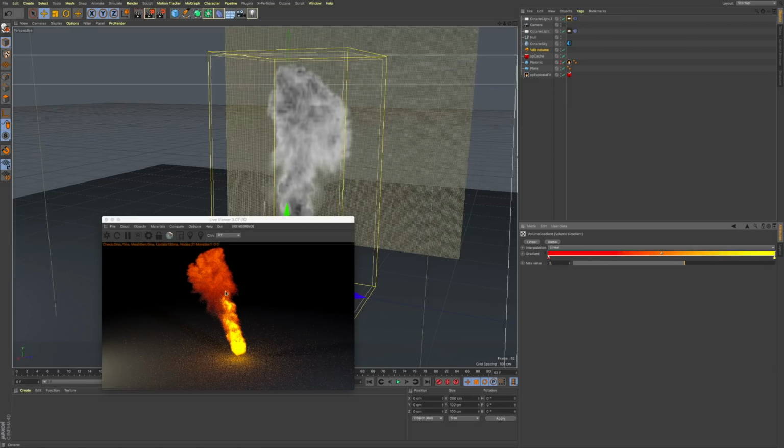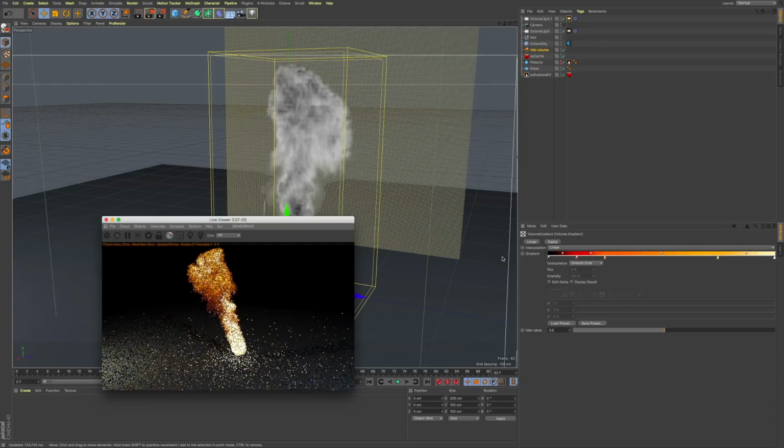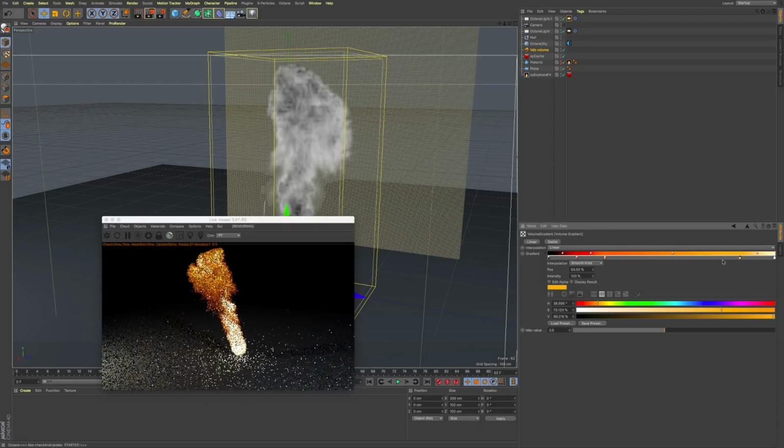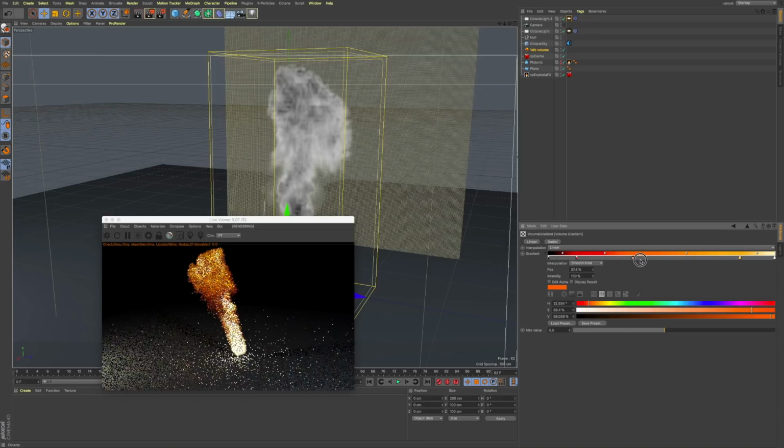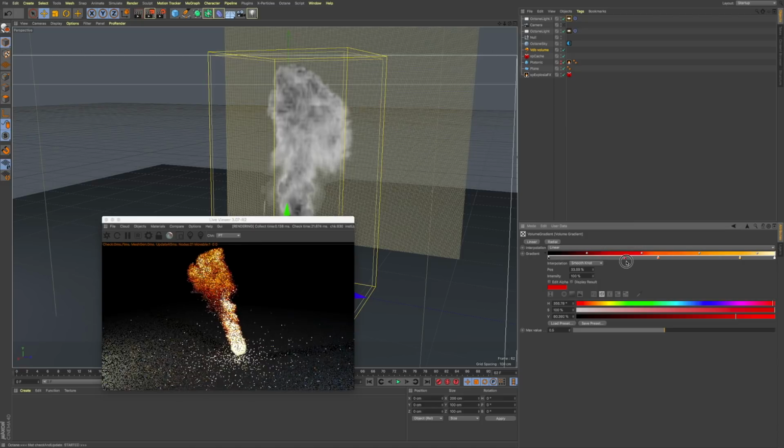Yeah, kind of get more of a yellow to red look, but that's also not what we're going for. So I'm going to set this back to 0.5, and then I like this, if I click on the, spin this down and then go to load preset, I like this flame preset. It gets pretty close to photorealistic results right off the bat, but we are going to tweak it a little bit. I'm going to go ahead and bring this yellow down a little bit further, bring this orange down, bring this red down,